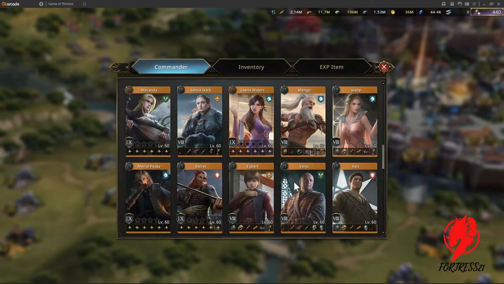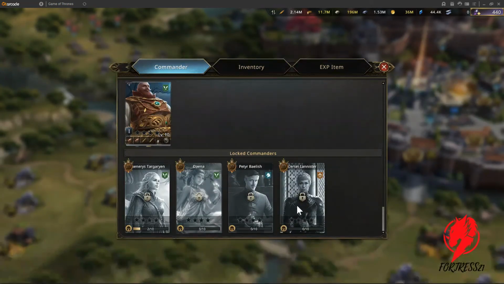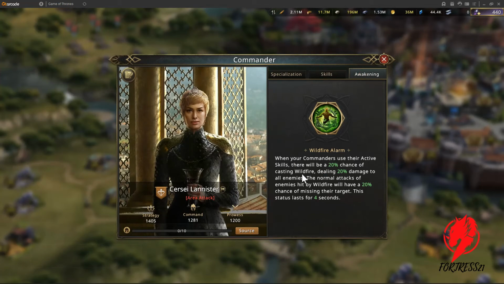But if you are rich and you have Cersei, definitely another commander that can be used is Cersei. And basically, as mentioned in here for the 4-star skill, when you have Cersei and she casts an active skill, there will be a 20% chance of casting Wildfire. If you remember the movie and that season where Cersei just destroyed that temple, it can deal 20% damage to all enemies, and the normal attack of the enemies hit by Wildfire will have a 20% chance of missing their targets. This status can last for 4 seconds as well, and it can